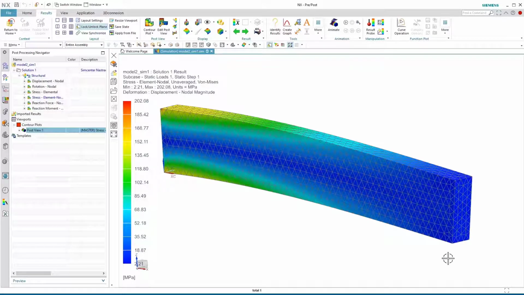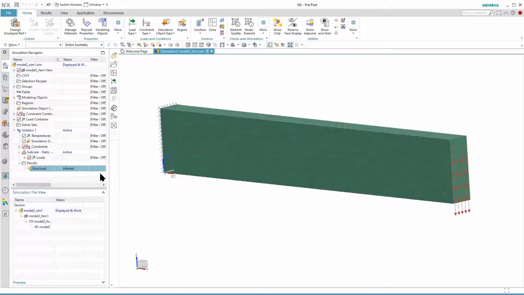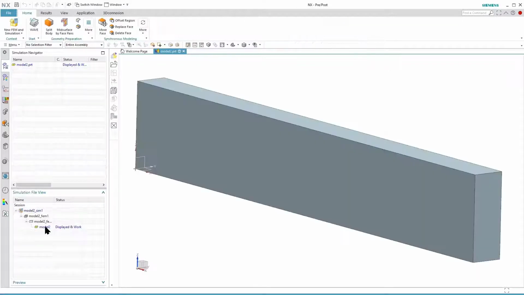How to put the force on a limited area. Based on this beam under flexion, on this side I applied the force, and I will change this application area, not to apply it on the whole area, just on a part of the area. On the other side it's fixed, so we have a beam under flexion, and I go back to model, I change the application